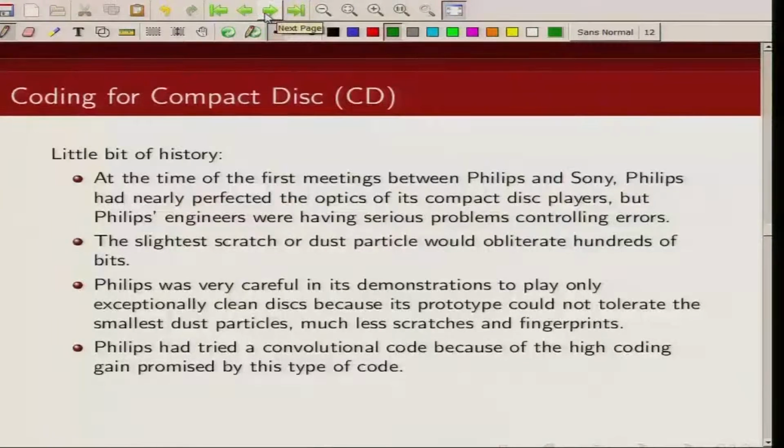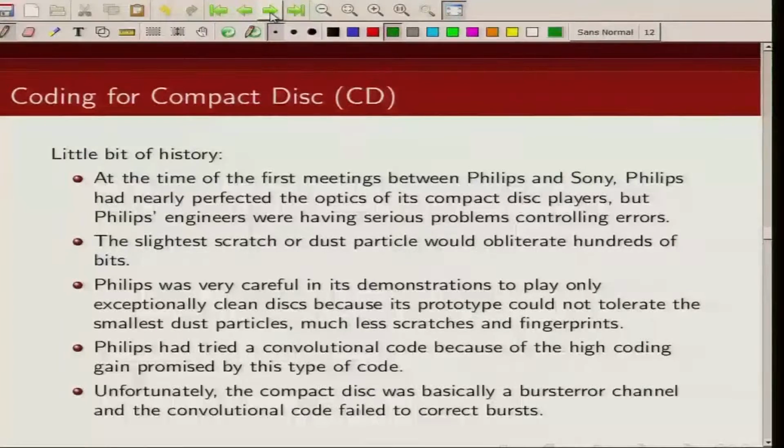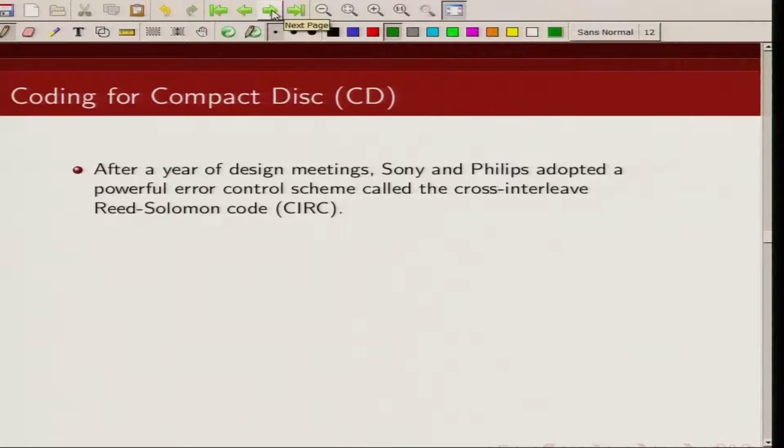What Philips was actually doing was trying a convolutional code to correct errors because of the high coding gain provided by that. But the problem is, this storage channel is like an erasure channel. If there is a scratch, the neighboring bits get affected and the data there is erased. So convolutional codes are not good at correcting erasures, and that's why they were initially not successful. The storage media was a burst channel, and convolutional codes were not good at correcting burst errors. So there comes the Reed-Solomon code, and CDs basically used cross-interleaved Reed-Solomon codes,